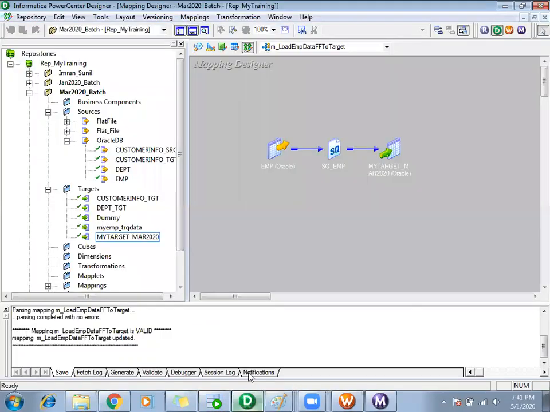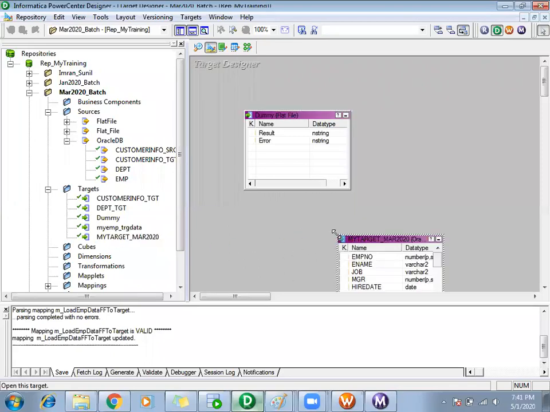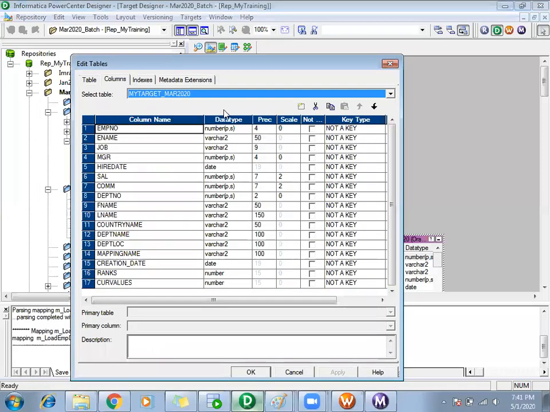So that's why. What I'll do in my Informatica target, this was my target table, there is a key type. I will set it as primary key. Based on employee number, it will check whether the incoming source record is already present in the target. If it's there, then it can delete it. So I have to give some condition based on which it can perform a delete operation, and it can perform the delete operation based on the primary key column.